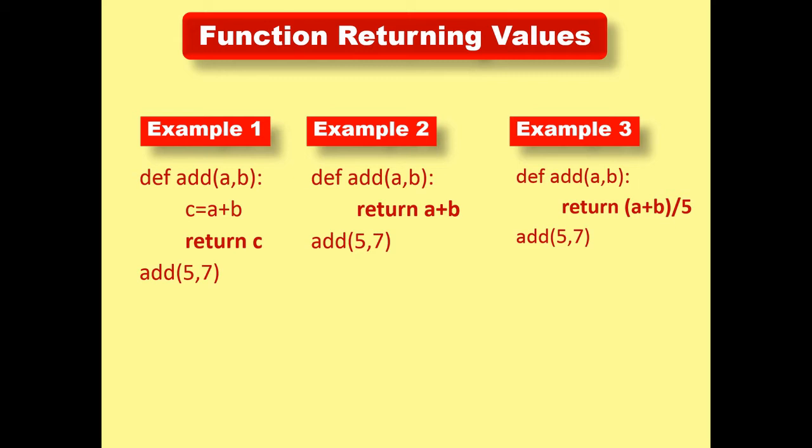So if we explain example 1, 2 and 3, in example number 1 they return only a variable. In example number 2 they return variables, but there is an operator and then it makes it an expression. And in third example we are supposed to return a variable with operator, but there is a value 5. Here value 5 is a literal, a plus b is a variable with an operator, then it is to be called an expression.